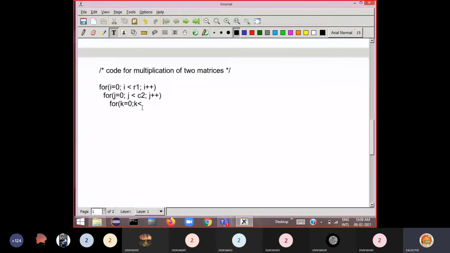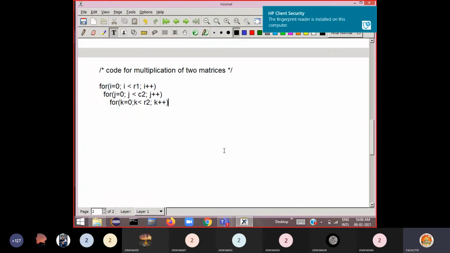So k should be less than either of them, C1 or C2. Better you use C1 here so that you can remember R1, C2, C1. Otherwise R1, C2, R2 also you can use. Any one you can use. Then k plus plus.